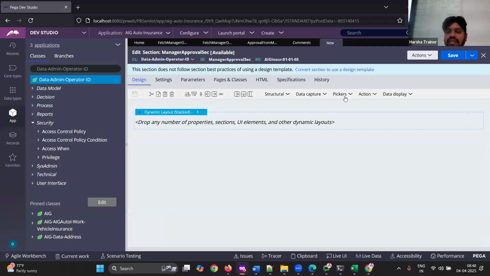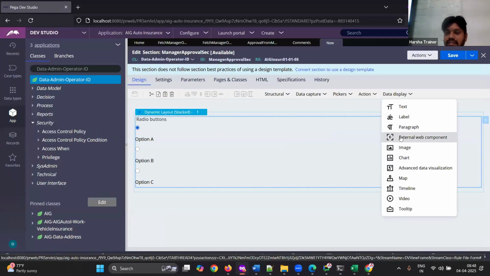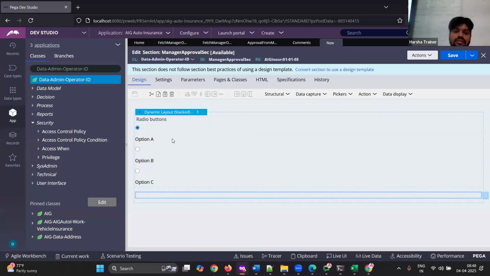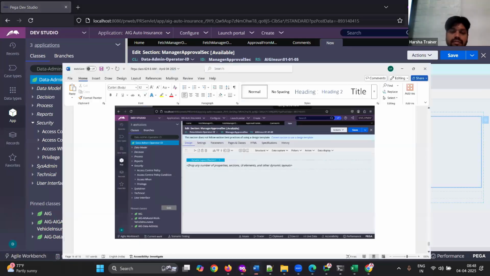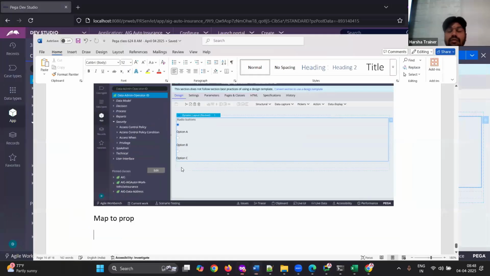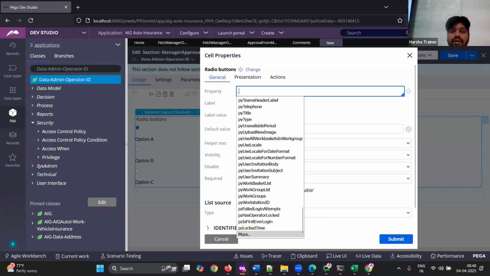I will add two fields. One is radio button. Another one is text area. Text paragraph. That's what text area means, paragraph. So first double click on radio button. Map to properties. Double click on this. This is manager approval